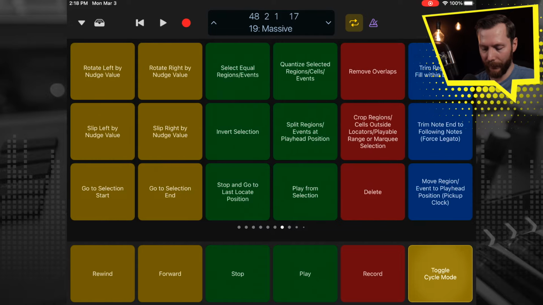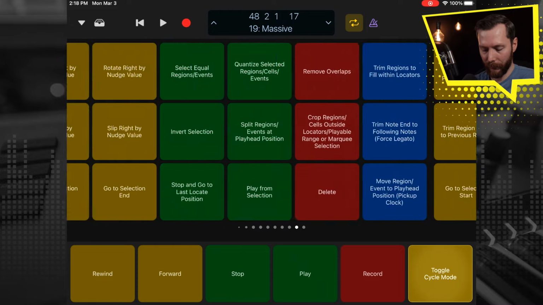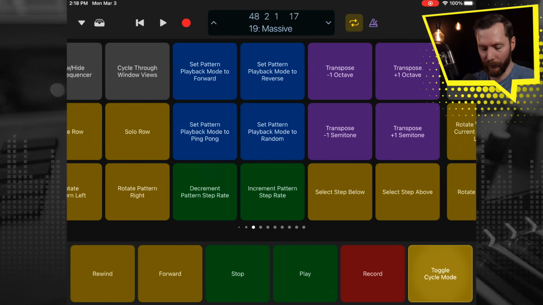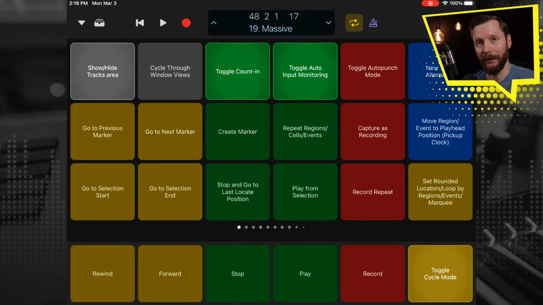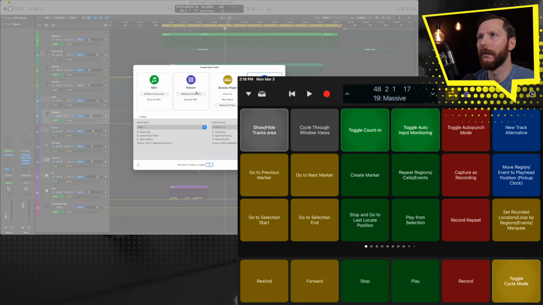So right here, right at our fingertips, we have a whole bunch of different key commands that we don't have to be anywhere near our computer to take advantage of. So for example, if I set up a new audio recording